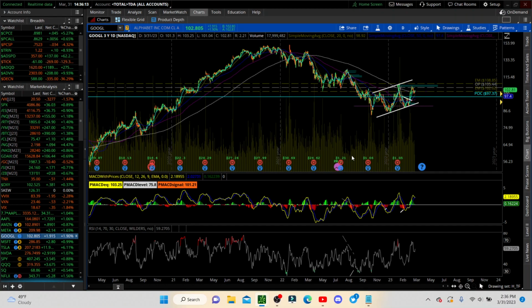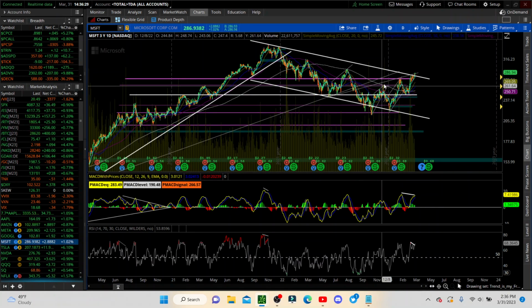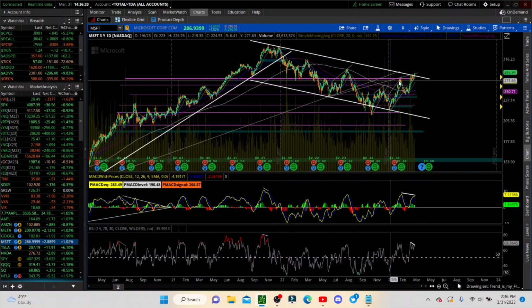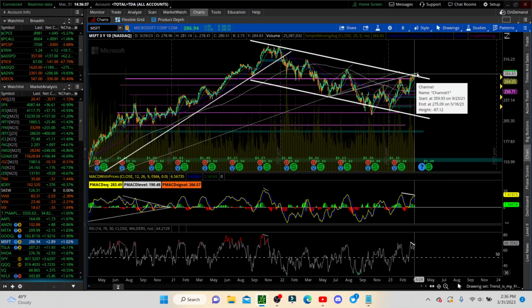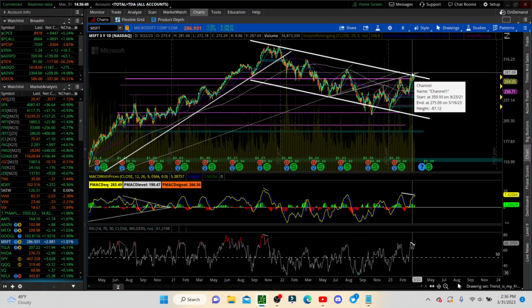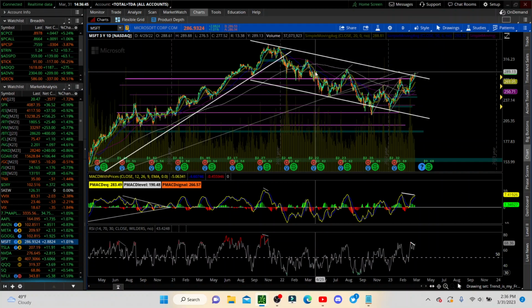Google already had a little bit of a move, an ABC move, and it's just a little bit of retracement there. Microsoft, same thing. It's a huge move here. A 3-wave move up for A, B, and a 5-wave move up here for C. It's near complete, if not completed. You have these resistance zones, you see all this consolidation, and you have this resistance zone right above at about 290 if it wants to go any further.